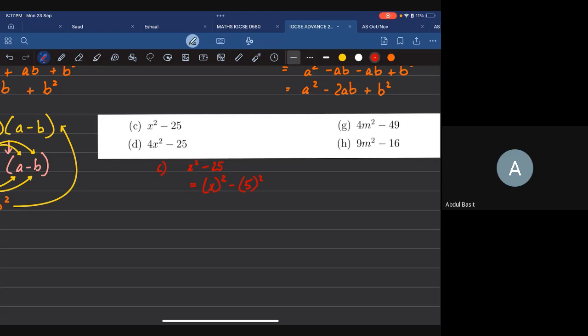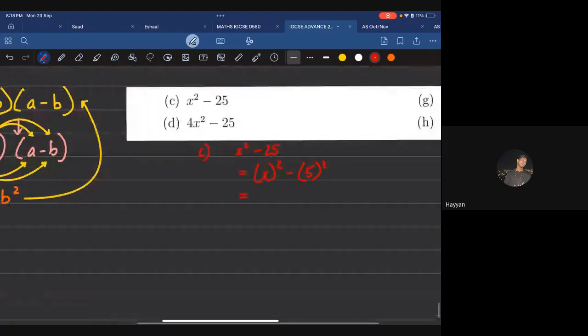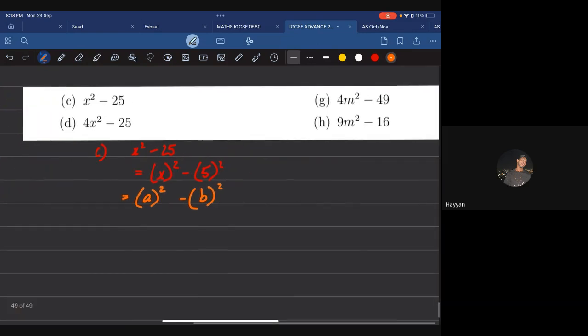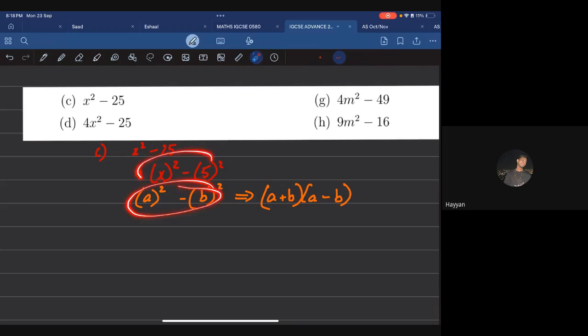So, Hayan, is this clear? Yes. All right. Simply, now, can I write this as what now? So, it looks identical to what? A whole squared minus B whole squared. Sorry, the square went out. And this can be easily written as what? A plus B, A minus B. So if I now compare this with this, technically A is X and 5 is B.